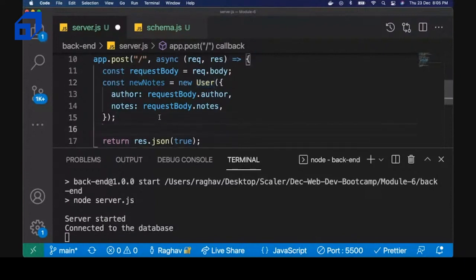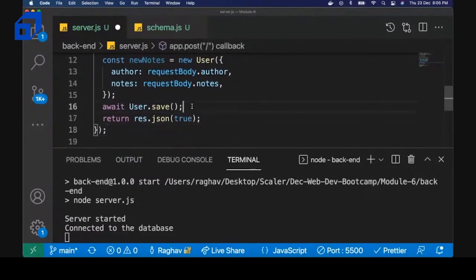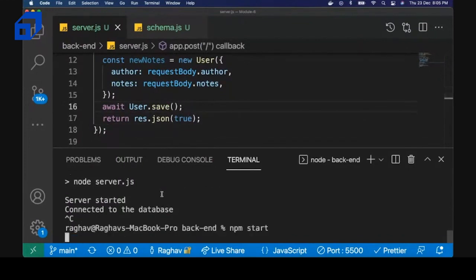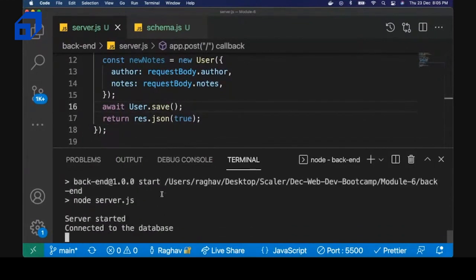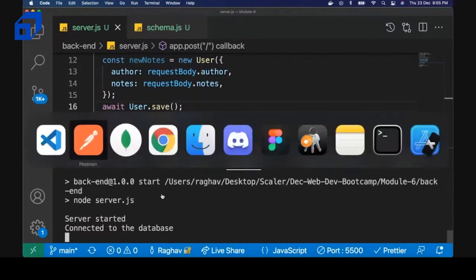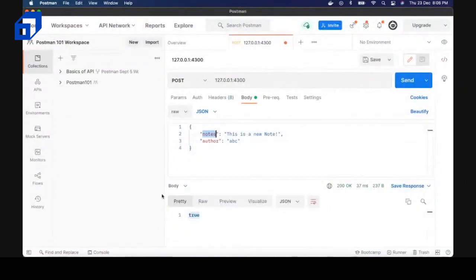By using the save function. So basically user dot save, but saving consumes some time, so I would be writing await over here to wait for the data to be saved within our MongoDB server, and then the response is sent. Now when I hit refresh and restart my server, and again, whenever you make any changes to your server, you have to restart it so that the changes are reflected on the server. And again when I hit send